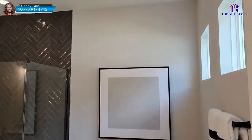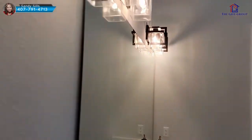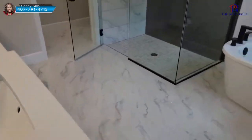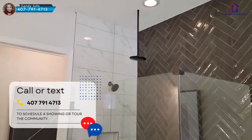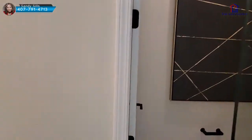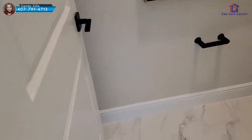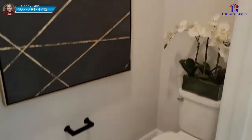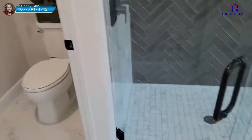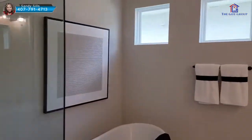This is the master bathroom. How cool is this, right? We have all glass. We have a glass shower here. We have the rain shower. Then we have a privacy water closet for our toilet. There is a door that leads to this. All right. So we have a soaking tub, we have an all glass shower, and of course you could pick